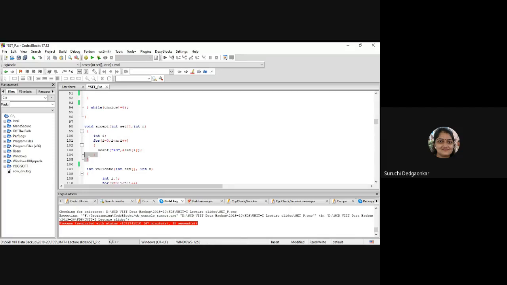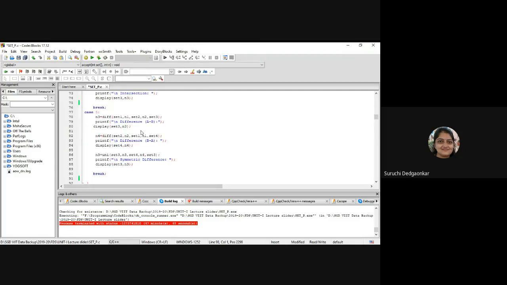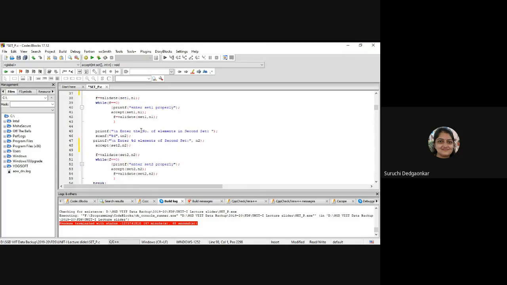Okay, so this is the definition of the function. We are initializing as many values user wants to put in the set. Okay, so here we can put the condition that n should be less than 10 because our size is 10. Okay, that check you can do. Clear? Accept function is clear. This is the definition, and calling is done multiple times. So we want two arrays to be accepted, so we are calling twice with different input. Initially we have set 1. In the second iteration we have set 2 as input set.